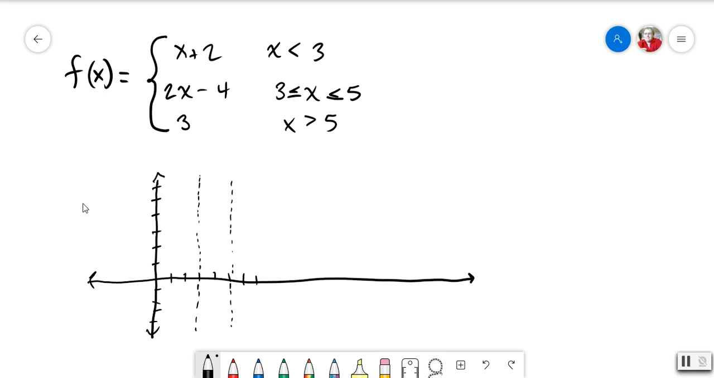What this tells me is that from negative infinity, way out here, all the way up until you get to 3, it follows this rule. So you could say this is zone 1. Then between 3 and 5, it acts like that. You could say zone